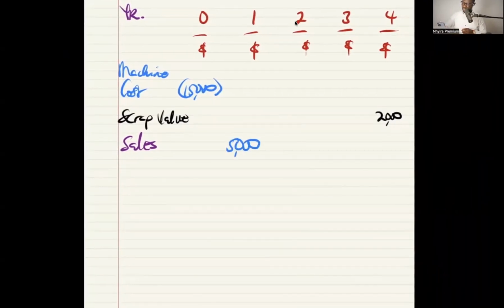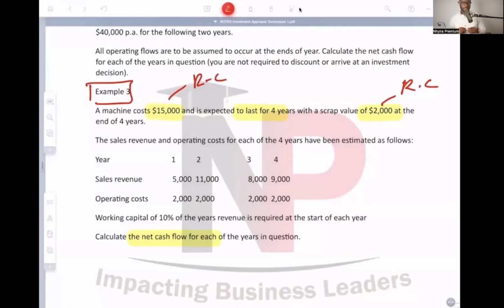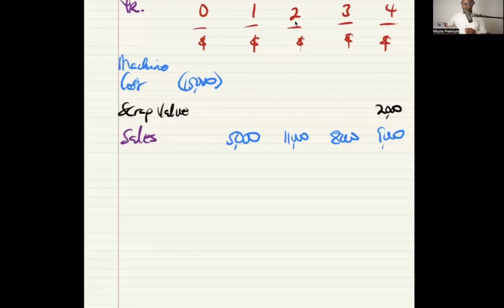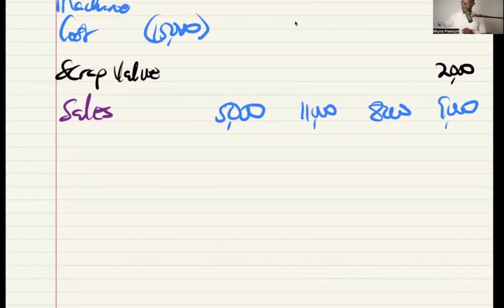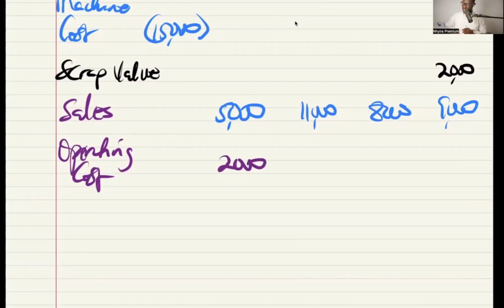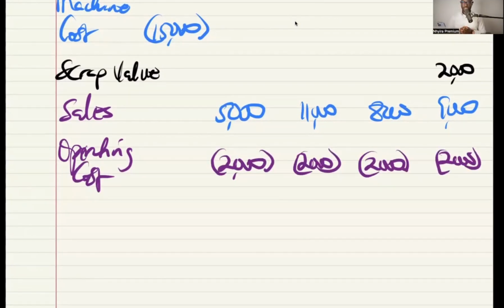This is revenue. Then operating cost, 2,000 throughout. So we bring that in,